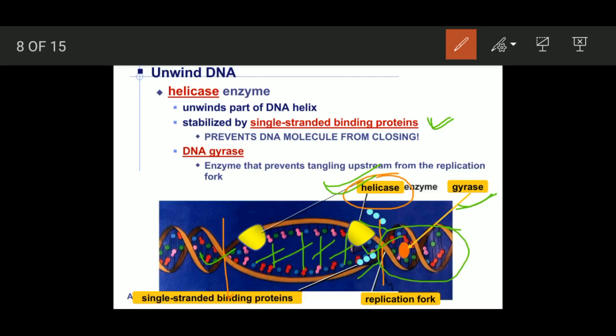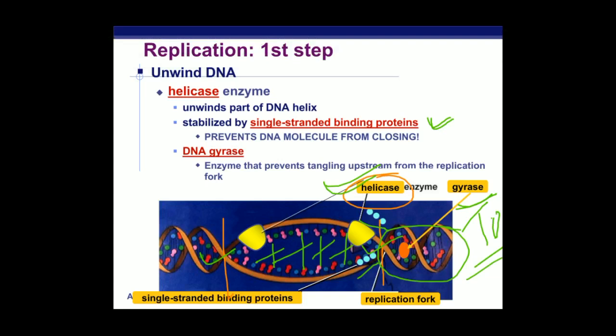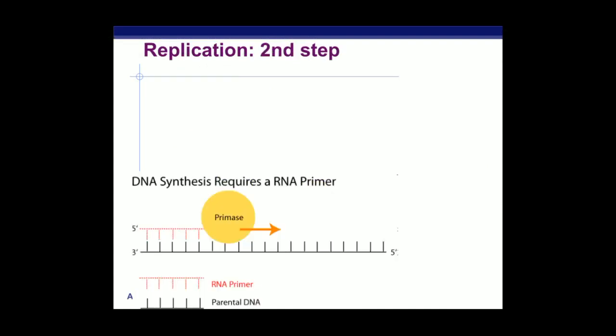stress is developed, right? Just imagine that if we stretch interwoven threads from the middle, then what will happen? At the end of the thread, there will be an increase in tension, right? So to reduce that tension, another enzyme operates, that is gyrase, which is DNA gyrase, or we can also say the topoisomerase, right? This is the idea here. Now let's move on.